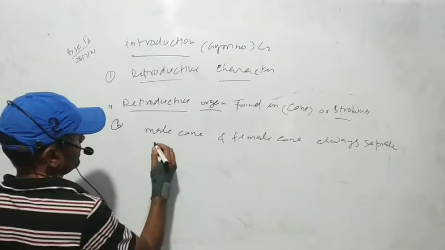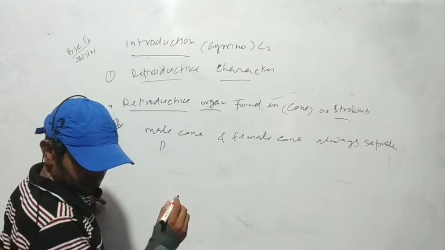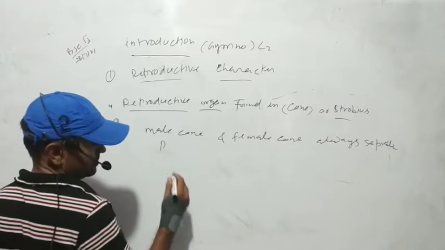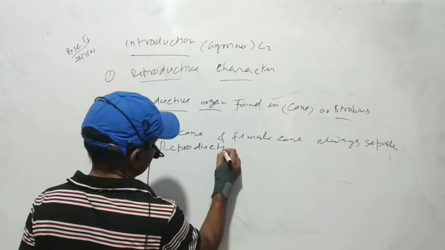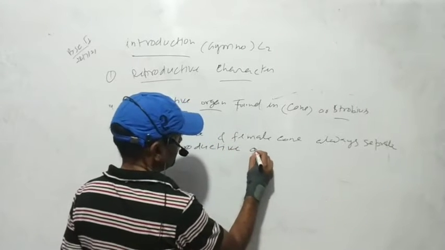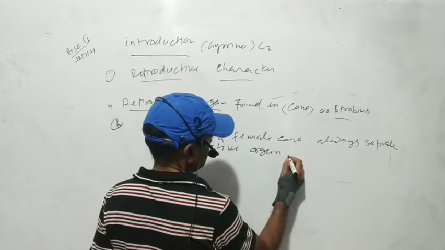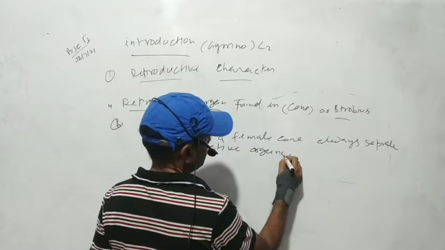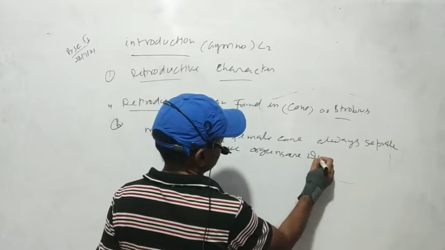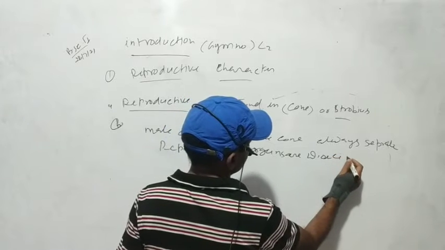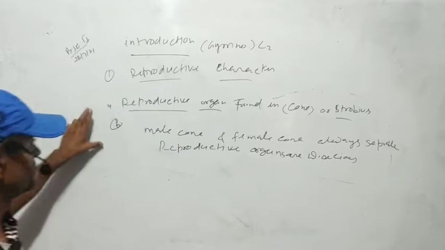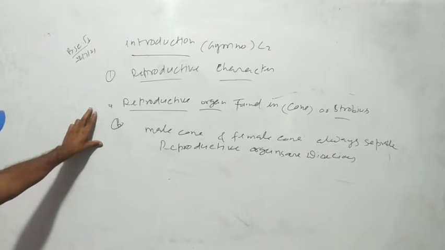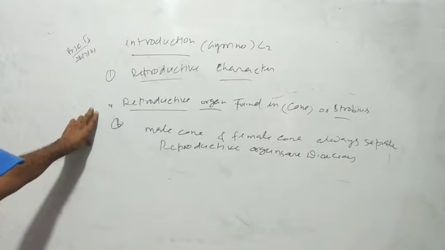Also we can say the reproductive organs are dioecious, meaning male and female reproductive organs are always separate. Next one is